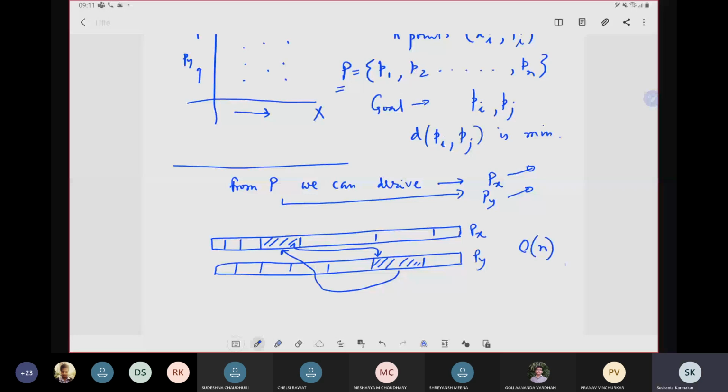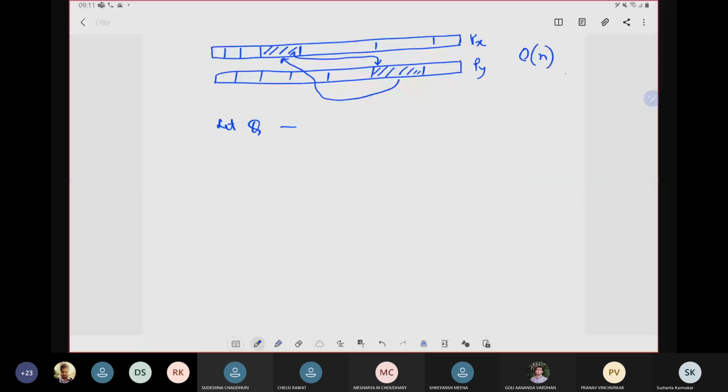Once I have this, which is a prerequisite to do the problem in a divide and conquer way, after that we assume that Q be another set of points, which is the first n by 2